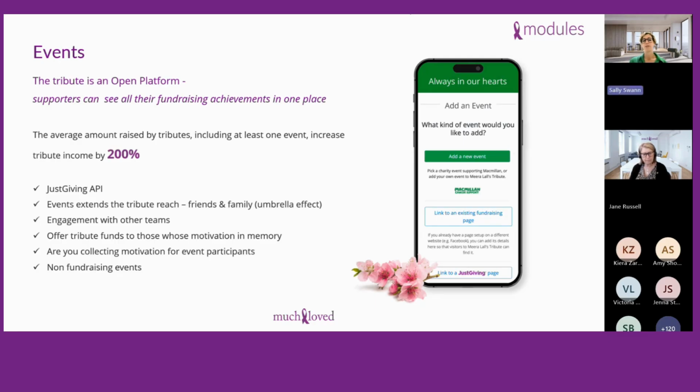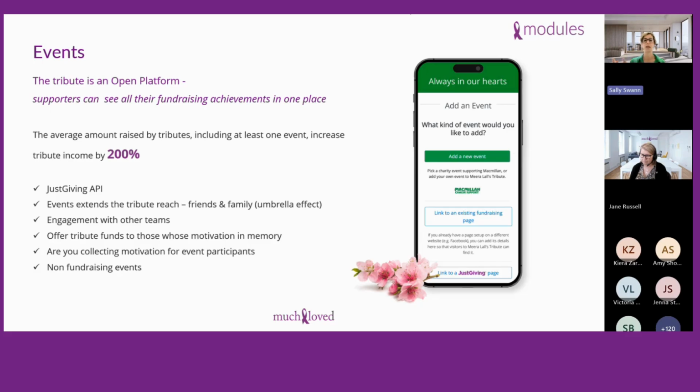So just some of the features. I've talked about the Just Giving API. What does that mean? Well, when your supporters click on add an event, they're presented with 3 options to add an event within a tribute. They can set up the event directly. They can link to a third party, maybe like a Facebook fundraising. We don't have an API connection with them, but it would just direct the supporter to that page to collect and process the donation. Or they can link an existing fundraising page that's been set up through Just Giving, and